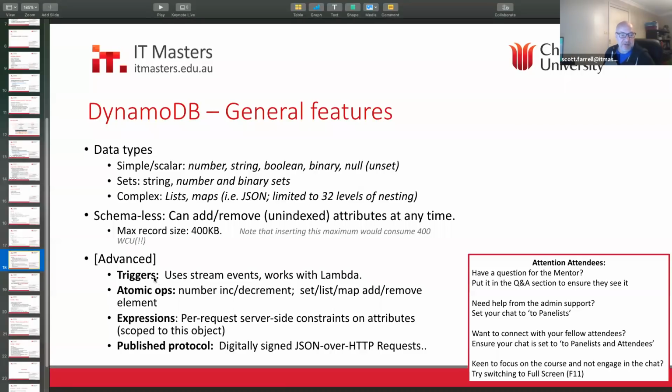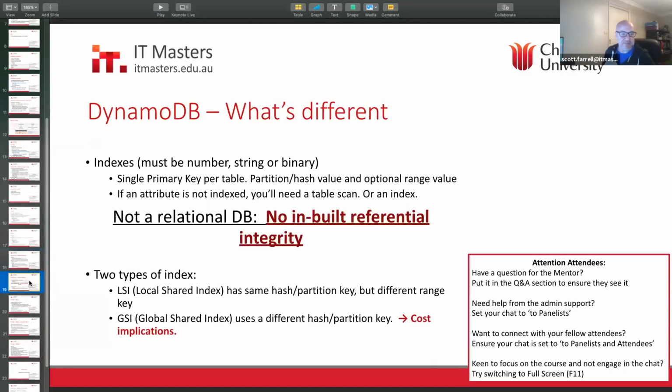But one of the things people use triggers for, it can work with Lambda, which we don't cover at the moment. But basically, you can fire an HTTP event that goes and hits Lambda, that goes and does further processing. So maybe every time you add a record to DynamoDB, you want to go and create some more documents or process that further. So you can scale out your application like that.